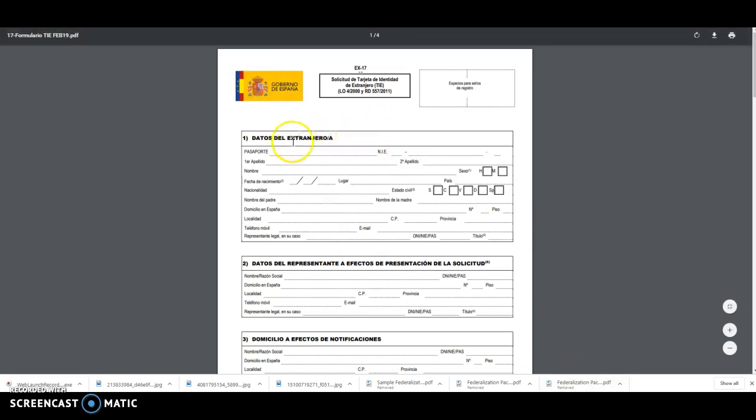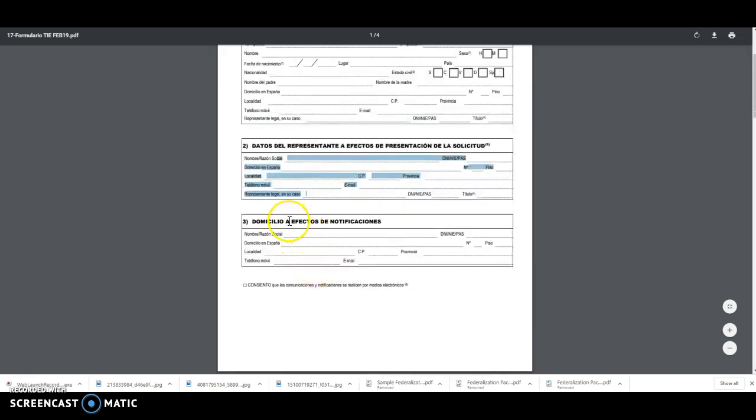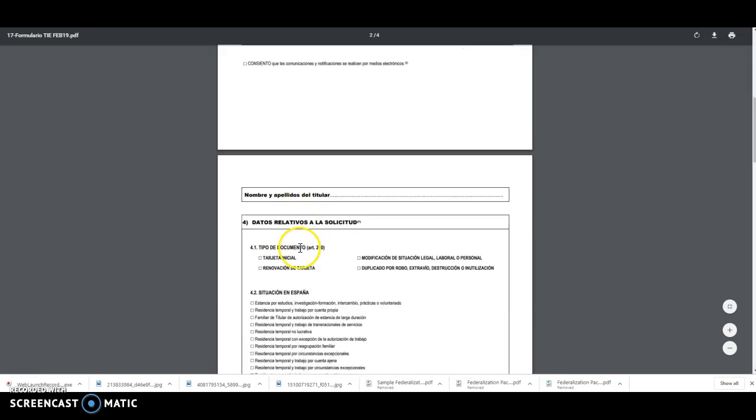The first step in completing this form is to fill in your passport information, date of birth, nationality, and that type of information. In step 2, you would fill in the name and contact for any representative that helped you fill this form. In step 3, your mailing address. In step 4,